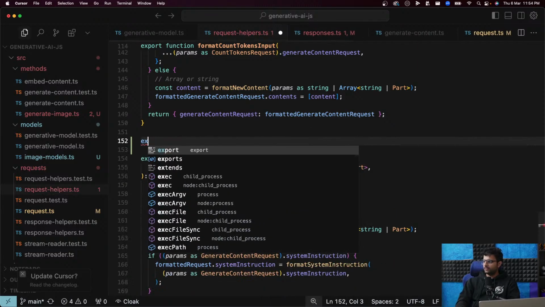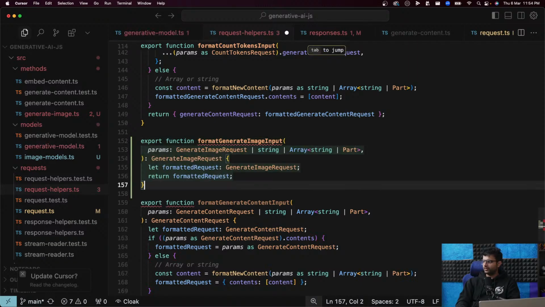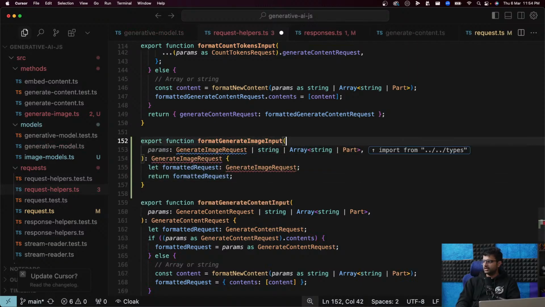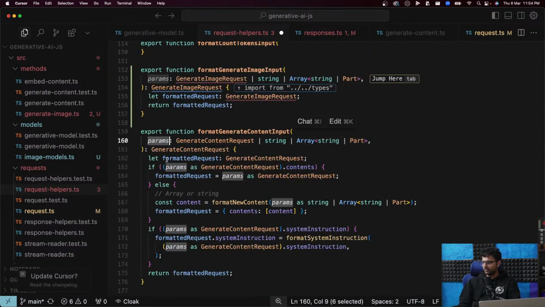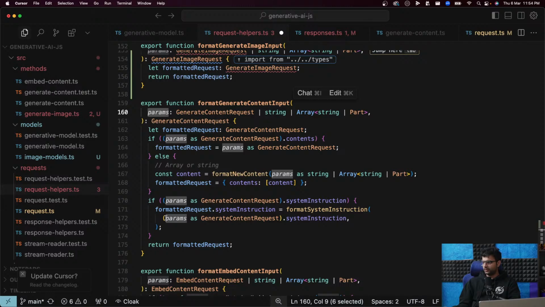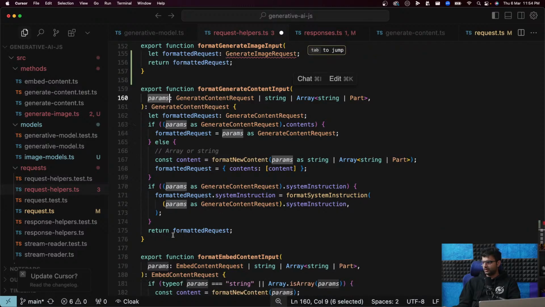Export function formatGenerateImageInput. Yeah, that's fine. This much is good enough. Yeah, what is this guy doing? If params not contents, then this thing, else array of strings, string instruction, then this thing, return this thing.